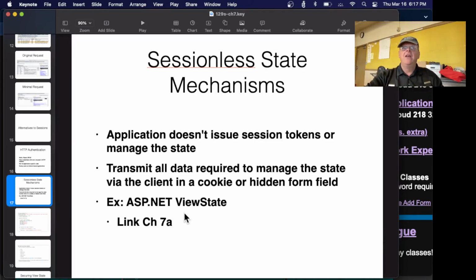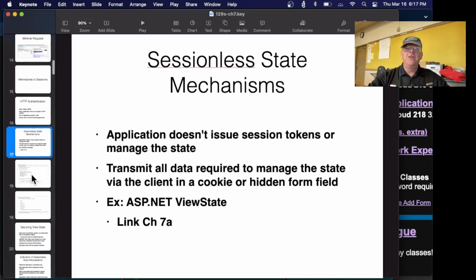And this is how you get these sessionless state mechanisms like ASP.NET view state. If you want to store a lot of data on the client, this can be done. It is dangerous, and that is the problem with it. These serialization vulnerabilities are based on this. So instead of just having a meaningless cookie that identifies you, where I have to have a database on the server with all the other information, like your privileges, your shopping cart full of stuff, whatever else I might need to know to serve whatever I'm serving to you, you put it all in this view state.